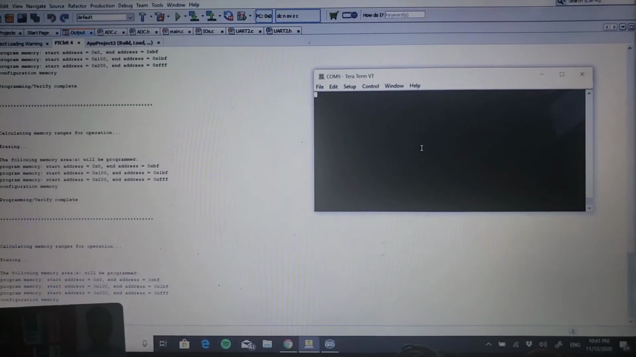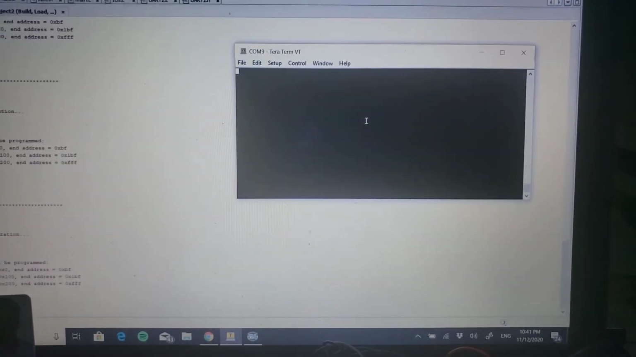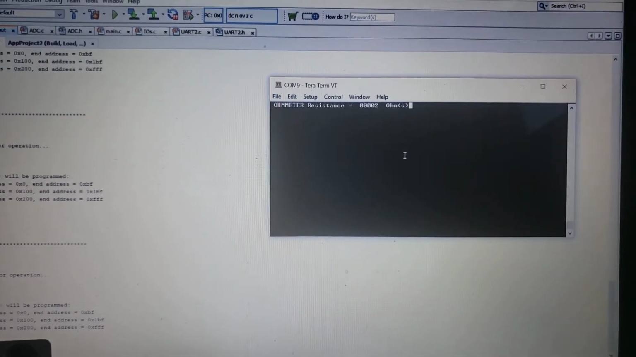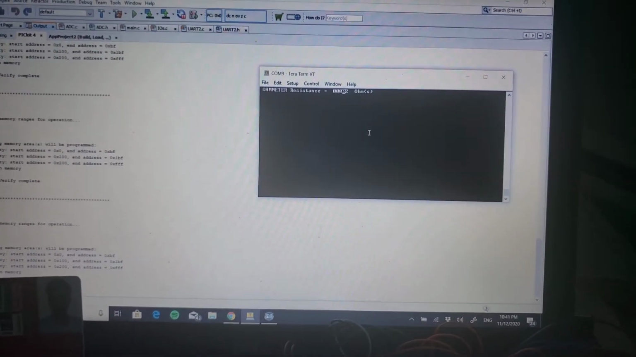Okay, now this is my switch 1, switch 3, and switch 2. Let me show you by pressing switch 2 first. As you can see, ohm meter resistance is displayed. Now if I try to increase the resistance value on my potentiometer,